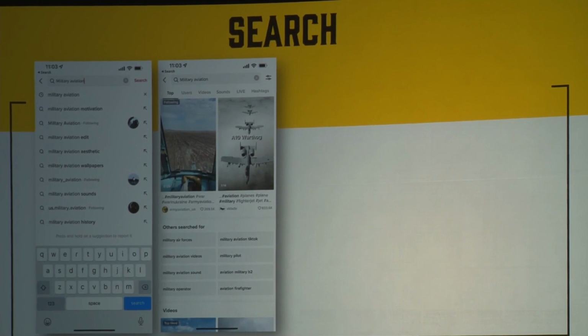You've got some tabs across the top, but you also get just underneath that, "others searched for", which is a bit like, if you know the Amazon ads platform, when you run a campaign, you can go in and look at the search terms, not the keywords you put in, but the terms folk put in that led them to your product page. That's really important information. This is the same thing. So these are search terms that I may not have thought of that I need to start using for searching and posting and following other accounts.